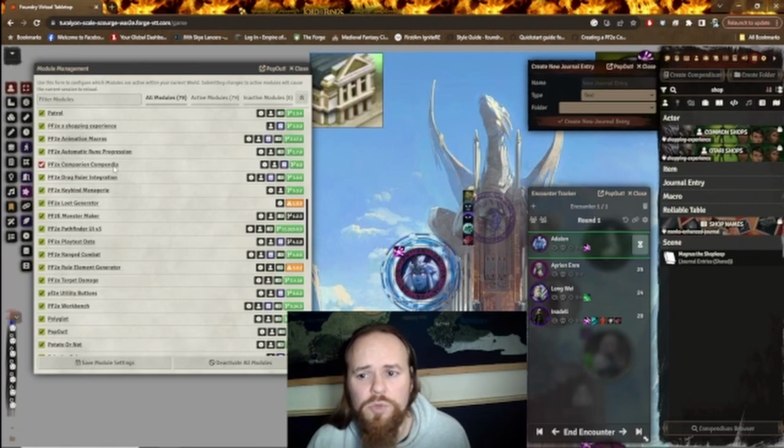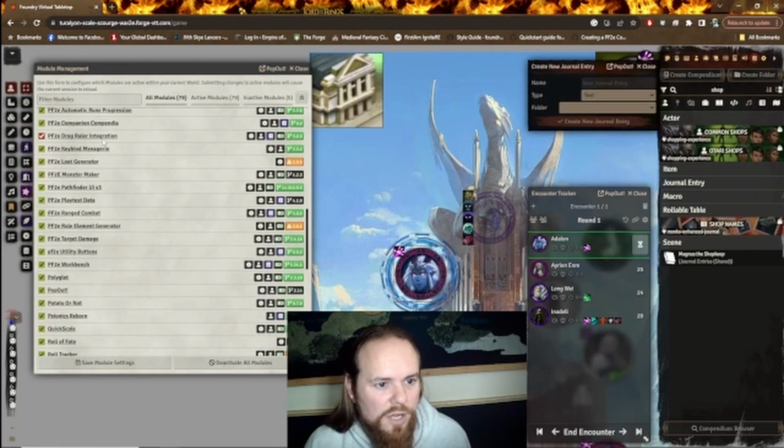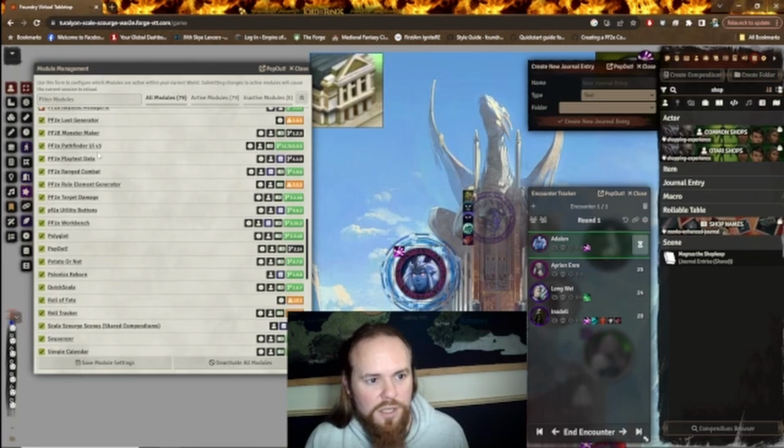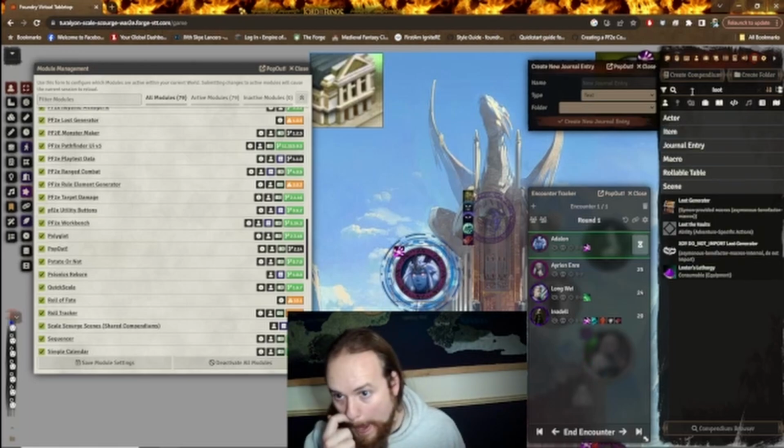is everything you need to load pet classes into your Foundry table, fully automated, so you don't have to figure out how to custom make your familiars and your animal companions. Drag ruler integration, so that just works again with the color things. It's a support one, as I already mentioned. Keybind menagerie, this just lets you set up keybinds for a lot of different things. The PF2E loot generator, so if you want a real quick,